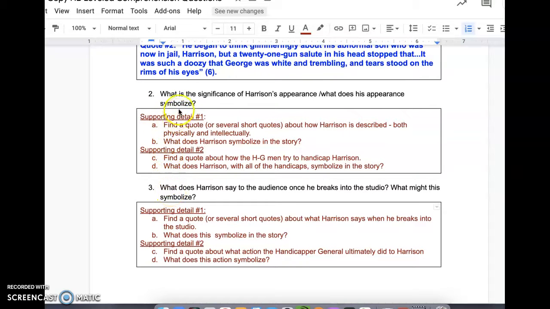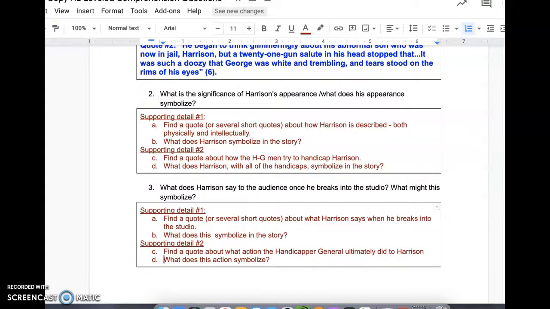Now, you should have picked either question 2 or question 3. If you feel like you want to change which one you picked before and switch, that's fine. But I'm going to talk about question 2. If you don't want to listen to the question 2, then you can skip ahead until I start talking about question 3. And if you do want to listen to question 2, then you can skip the part where I'm talking about question 3. It's really important to do a good job with these questions because it's going to be the basis for your body paragraph.